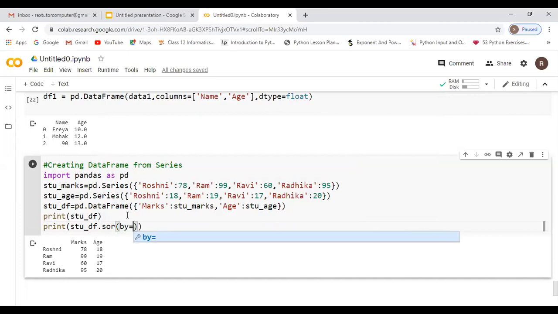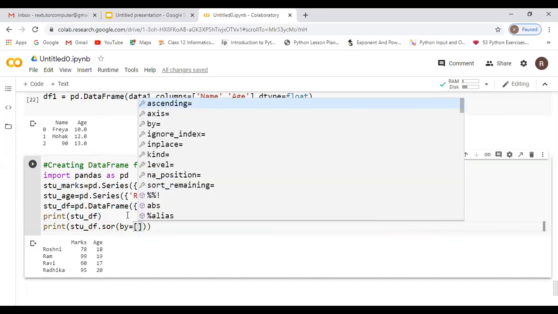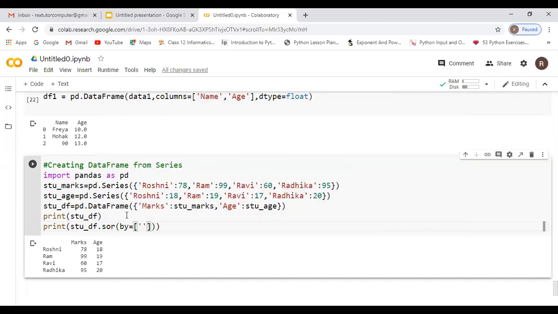By is equal to, then within that you specify which column you want to sort. I'm going to give stud marks, the marks column. The name I have given is marks over here.